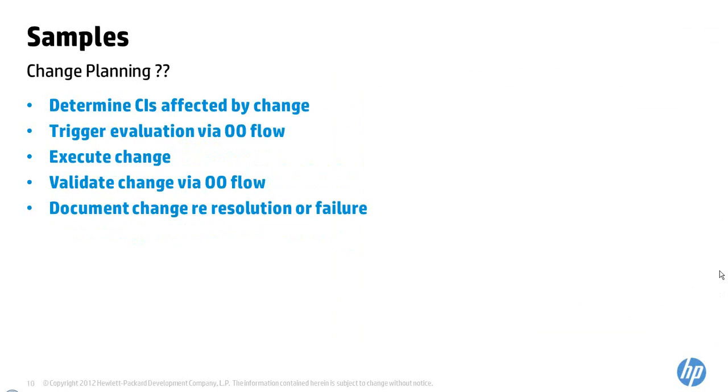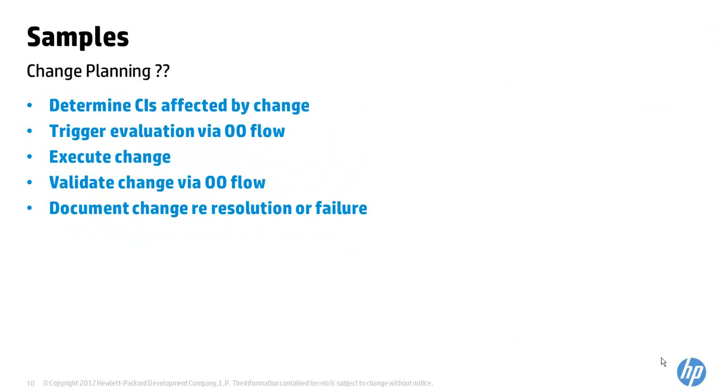And his point was, and I thought it made great sense, and I wanted to bring it up for you to think about, when you are planning change, do you have the information that's necessary to make your change plans work the way you want, to make your change work the way you want? And so what we're proposing here is to determine the changes that you want to accomplish, trigger in OO flow to go evaluate the CIs that are affected by the change, or that you expect to be affected by the change, get additional information to make your planning process more effective,